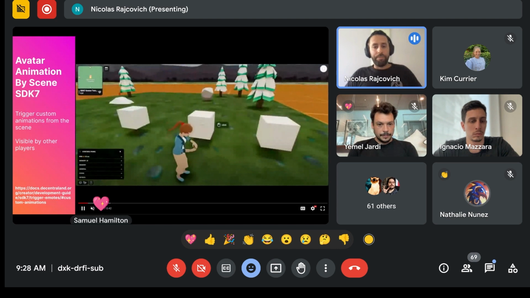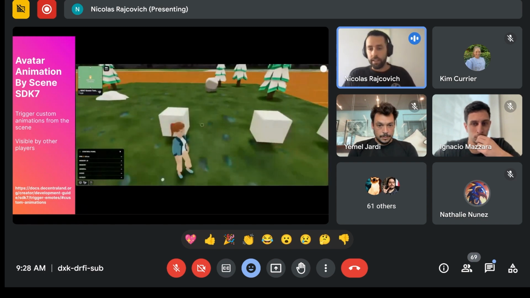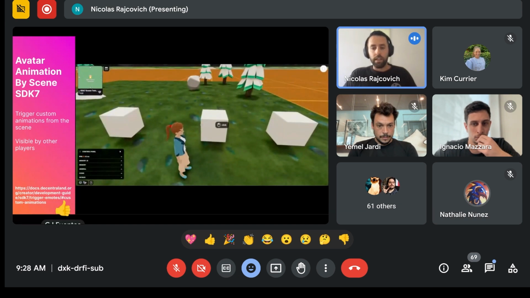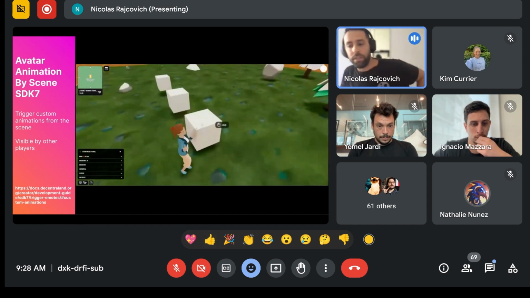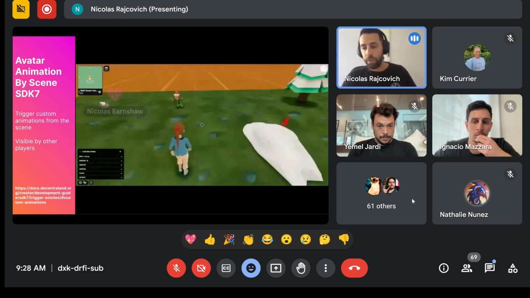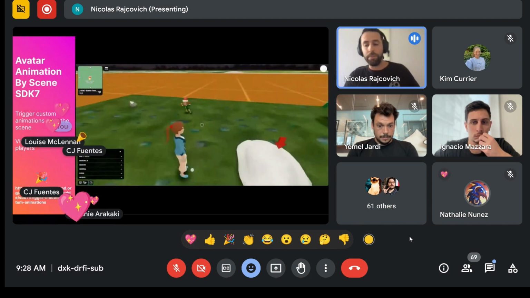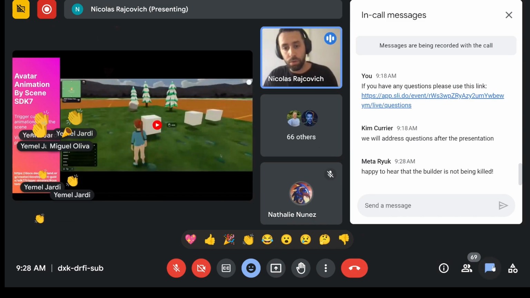And the last update that I have for the things that are already in production is an improvement on the SDK7: animations in the scene. You can trigger custom animations from the SDK, as you can see in the example. This is just a test scene, but you can submit to the scene a file with a custom animation that you want. This is not an NFT, it's not an emote, but you can submit any animation that you want, and this is also visible for other players in the scene. So it's really cool to have more movement and more immersion in the scenes and not see players static all the time. This is a really cool tool that you can use.